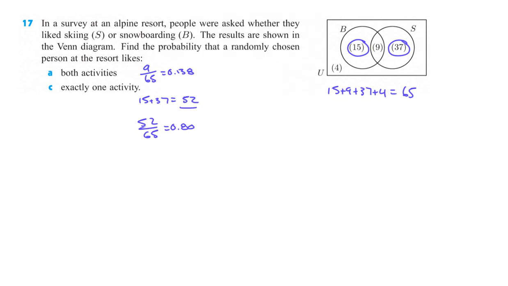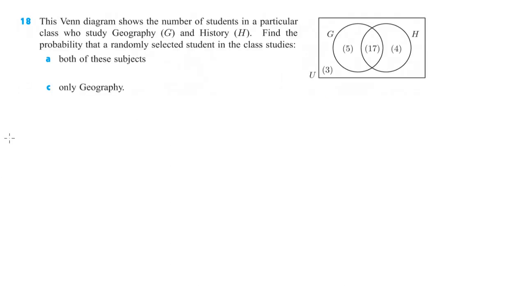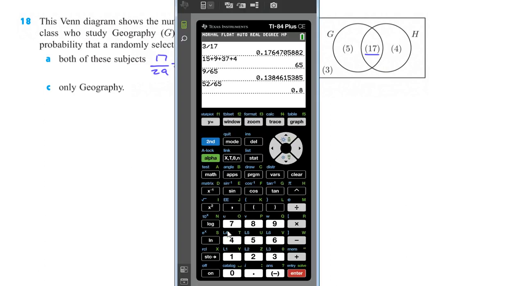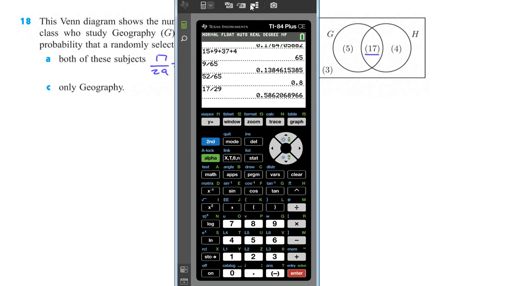Okay, all right. Moving on to 18. This Venn diagram shows the number of students in a particular class who study geography and history, H. Find the probability that a randomly selected student in the class studies both of these subjects. So that's going to be those 17 out of, let's see, 17 plus 3 is 25, 29. 17 out of 29 total. Right? Okay, so we take 17 divided by 29, and that gives us